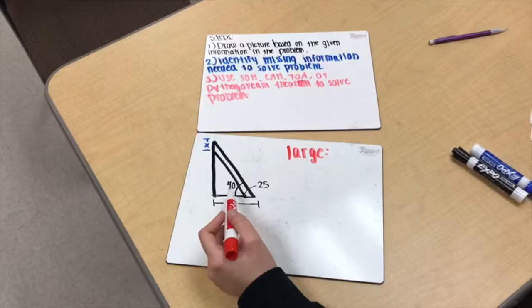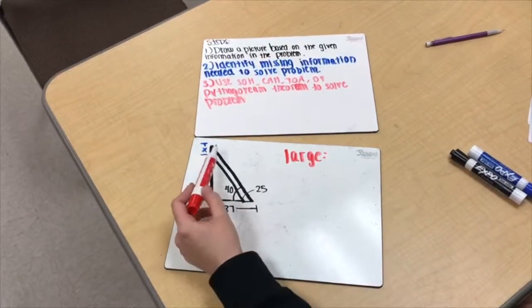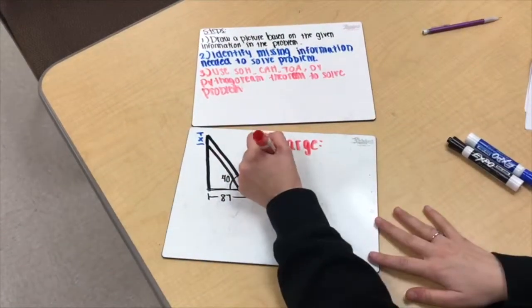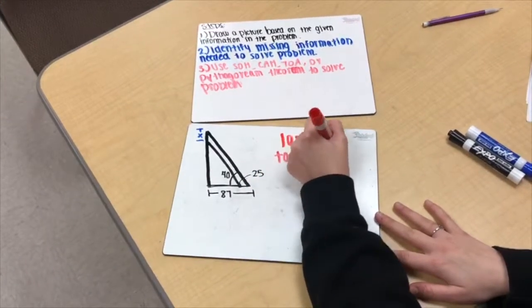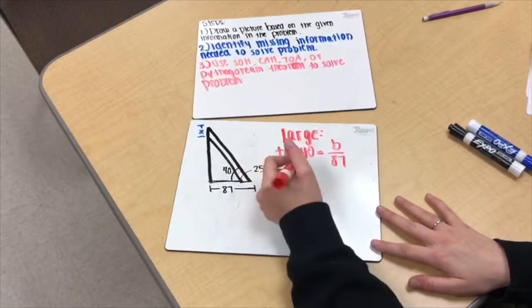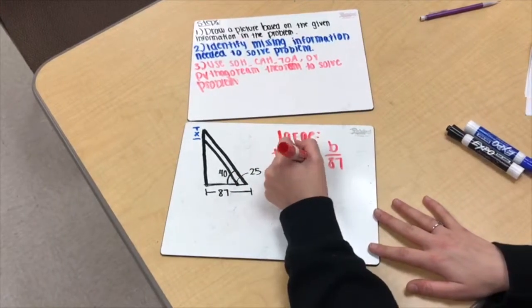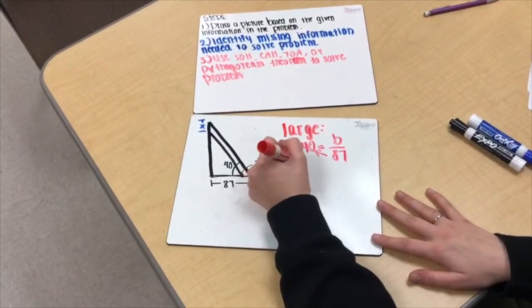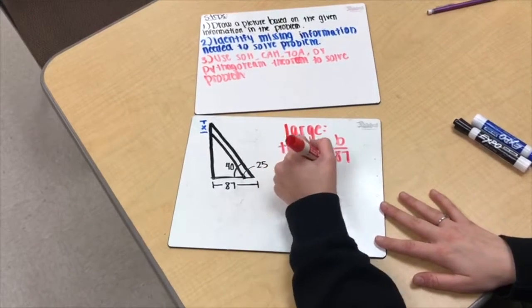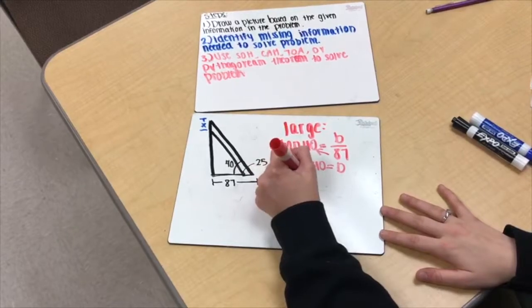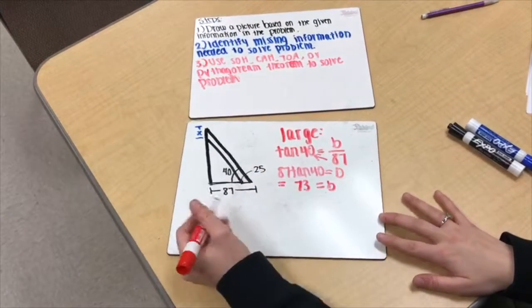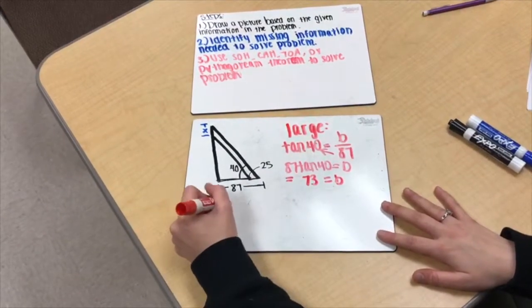So you go from your angle and you have your opposite and your adjacent, so you're going to use tan of 40 equals b over 87. Multiply, and you do 87 tan of 40 equals B. And after you put that on your calculator, it should be 73 equals B. So when you do the smaller triangle,